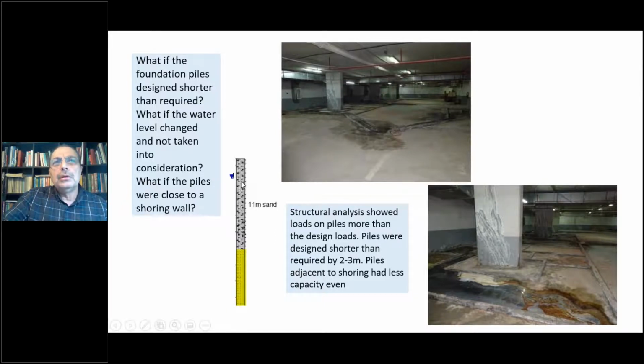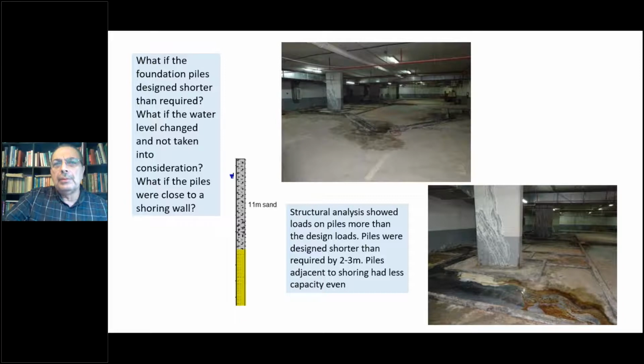The shoring wall causes less frictional resistance for the pile at the side of the shoring wall, because there's not much continuity of the soil that can resist the applied loads. So if you depend only on end bearing resistance, you need longer piles and larger diameter piles. Usually we depend on the skin friction a lot. Anyway, these piles were supposed to have enough length,